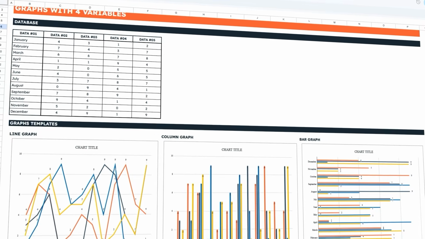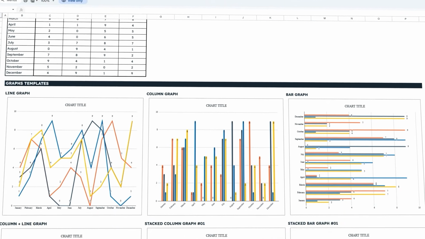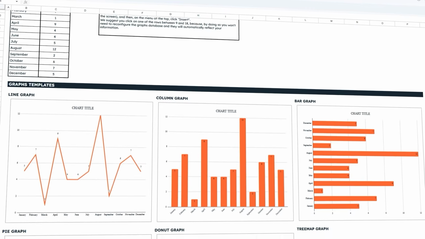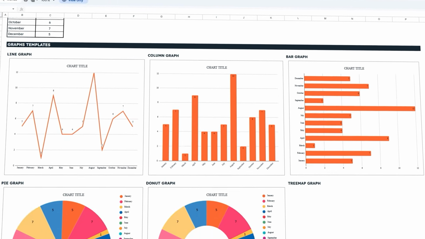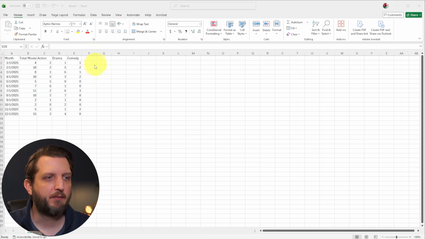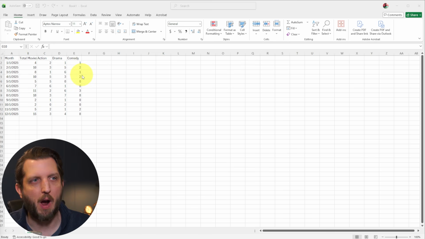Excel charts and graphs are a great way to visually represent information that you have in your tables. So today I'm going to be showing you how to create them and how to get the most out of them step by step in this tutorial. Let's jump in. So I just have a worksheet open here that is tracking movies that I watched over the